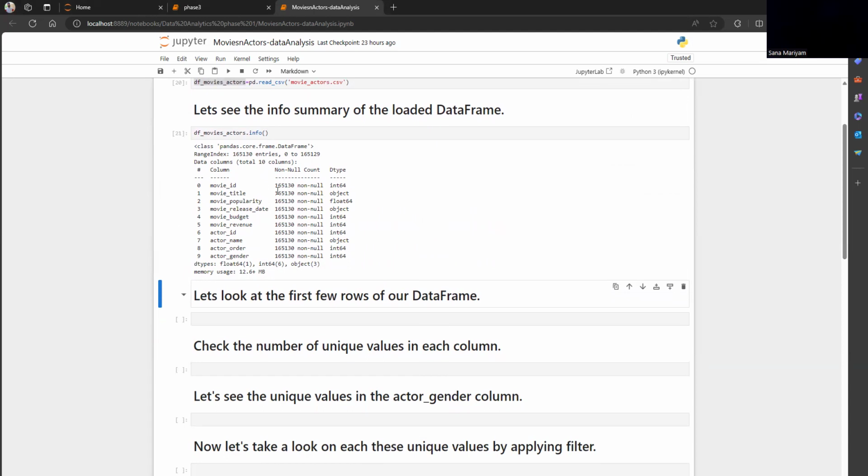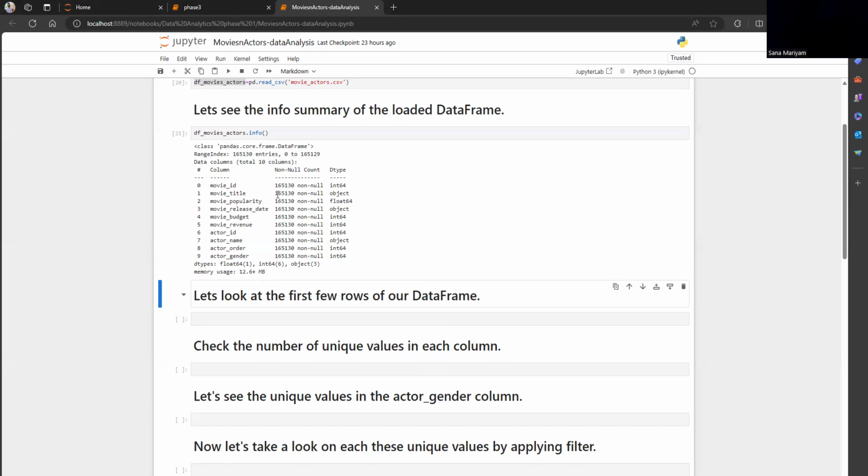We can see that there are a total of 165,130 entries, that is, the number of rows in our data set. And in each column, we can see there is an equal number of rows,